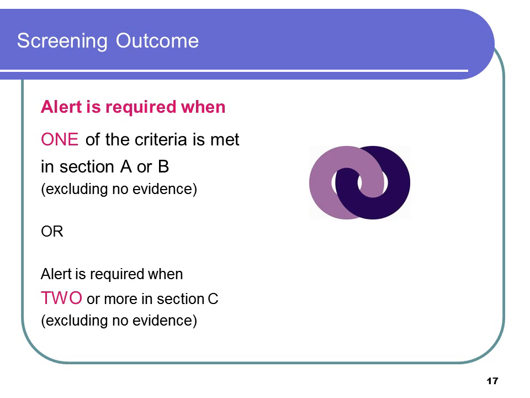The alert is required when one of the criteria is met in Section A or B. Okay, so a positive criteria. If we're identifying that yes, there has been current violence and past violence, either of those would be criteria for an alert. Or the second situation: alert is required when two or more in Section C, excluding no evidence, is presented on